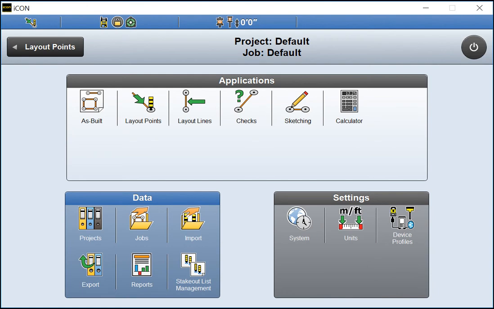Thank you for joining me in this video covering the Edit Points button. You will not need your tablet or total station for this video, as I will only be presenting information about